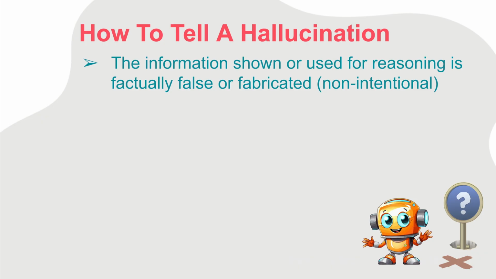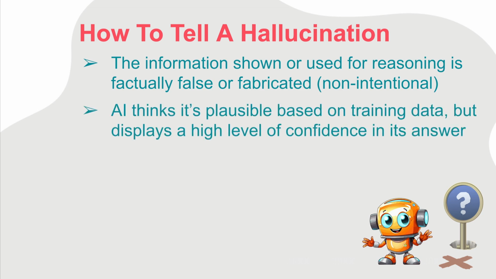Or maybe it finds some poetry about science and uses that as training data, and then it suddenly thinks that whatever is in the poetry that's made up is actually facts about science, and so it uses that data for scientific information, creating hallucinations. So the result is that the AI thinks some things are plausible based on its training data. And because the AI itself believes it, the AI usually displays a high level of confidence in its answer,